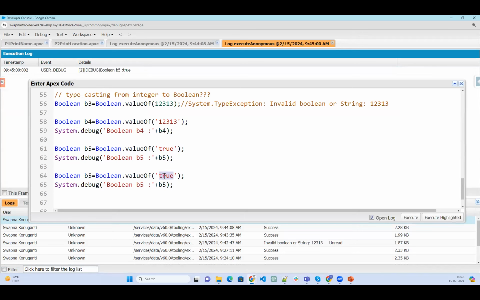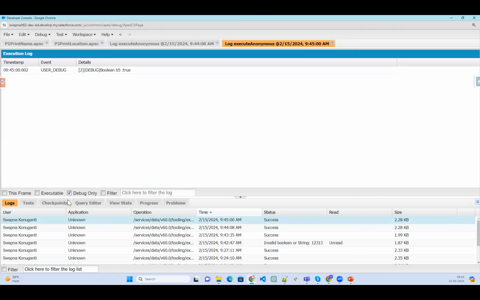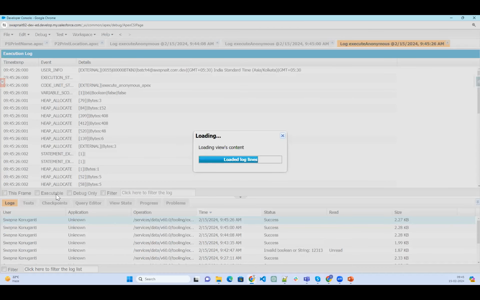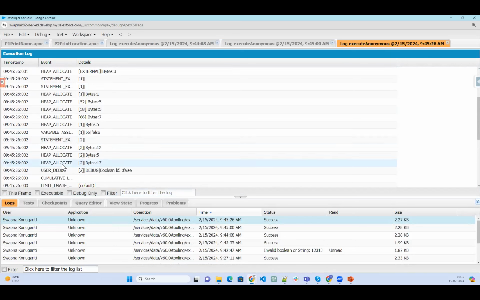False. Output will be false. Except true, whatever we provide in the string, everything will be false.